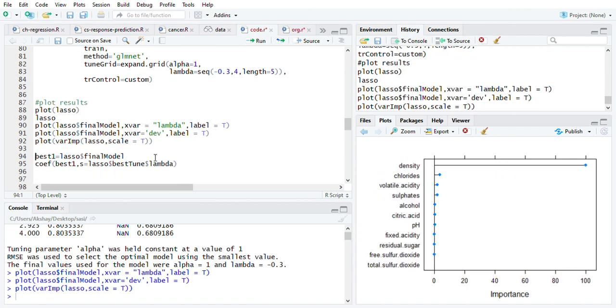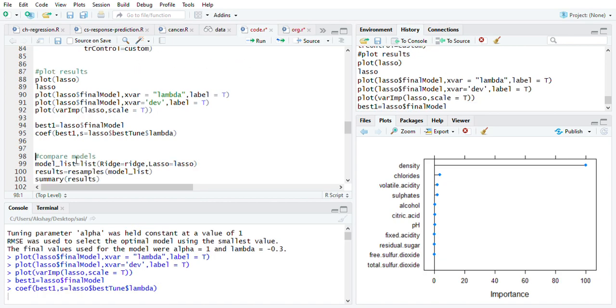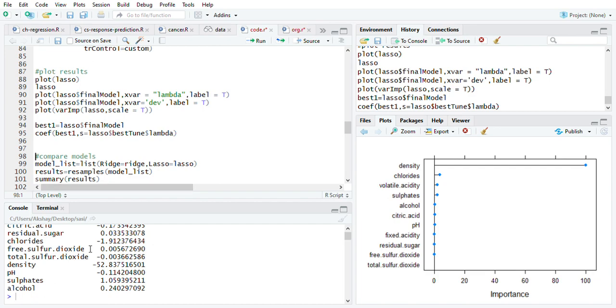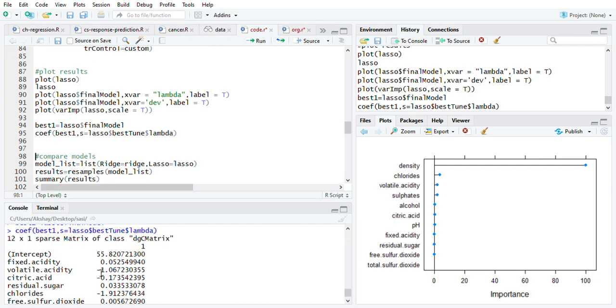This plot will show which are the important variables among all the variables. Here also it is the same as in ridge regression. The density variable has the most importance among all the variables. See the coefficients here.